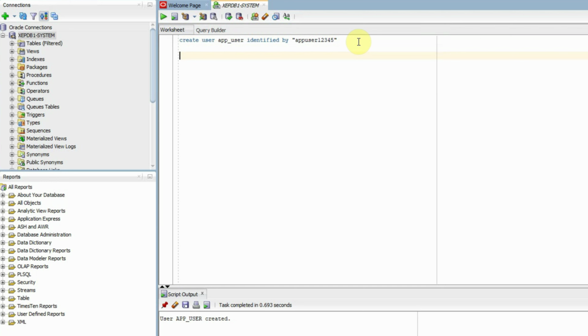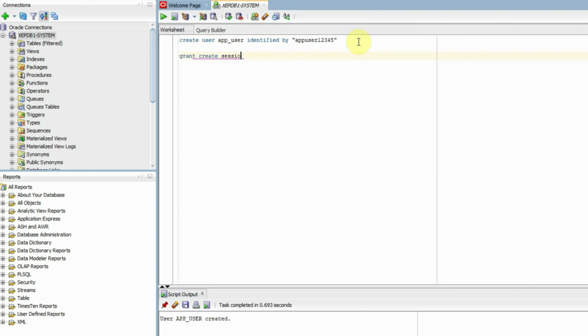Now a user on its own cannot do anything in the database unless it has certain privileges to work with the database. What privileges are required by this application user is determined by the application functionality. For our application, we are simply going to create a table, load the data, and that data will be extracted to Microsoft Power BI for our analysis. So all we need is for this particular user to connect to the database and create a table. And for creating a table, it needs space. Also we have to specify how much space we are going to allocate to this user. And we are going to do that using the grant statement. So grant